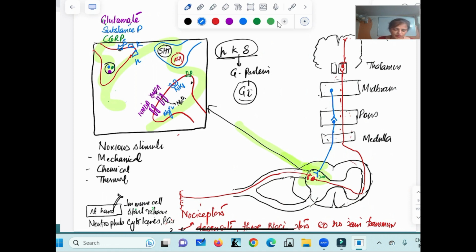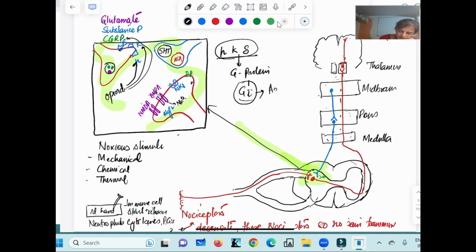It is going to bind with all the opioids I gave, whether it is an endogenous opioid or an exogenous opioid. They are going to bind with these presynaptic receptors, mu, kappa, and delta. Now these are inhibitory in nature. Now once they bind, what are they going to do? They are going to